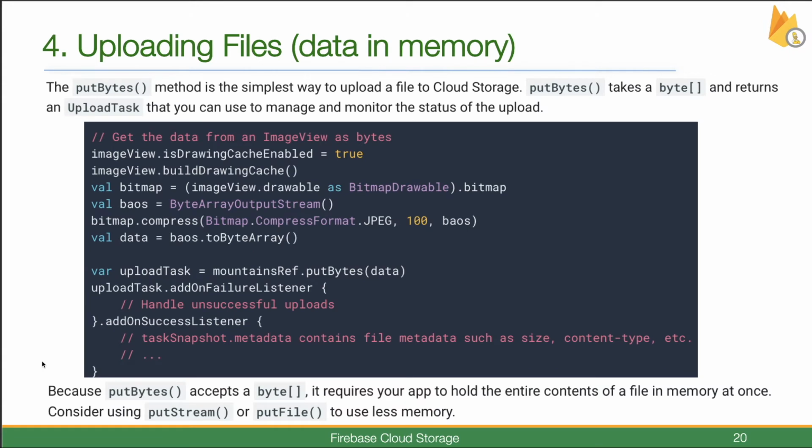So to look at some examples of that in a bit more detail. Uploading files: when it's in memory, we use the putBytes method. The putBytes method is the simplest way to upload a file to cloud storage. It takes a byte array and returns an upload task object that you can use to manage and monitor the